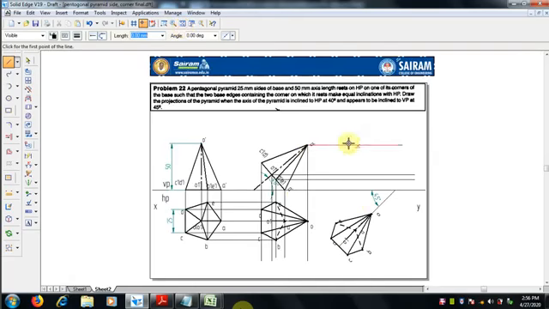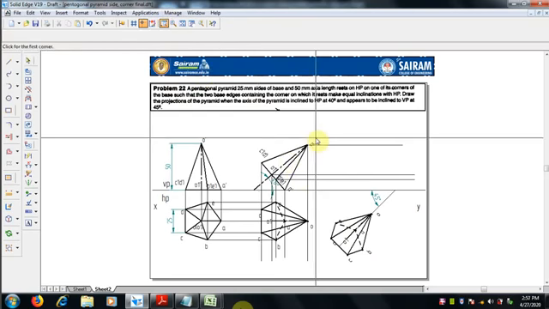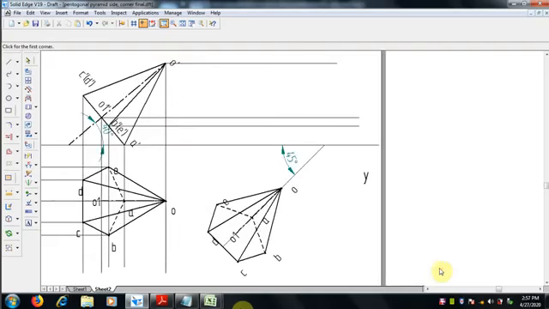Let me go for the zoom option, select zoom and we can do it easily, and select thin projector lines. We can project from the top view to draw the front view.